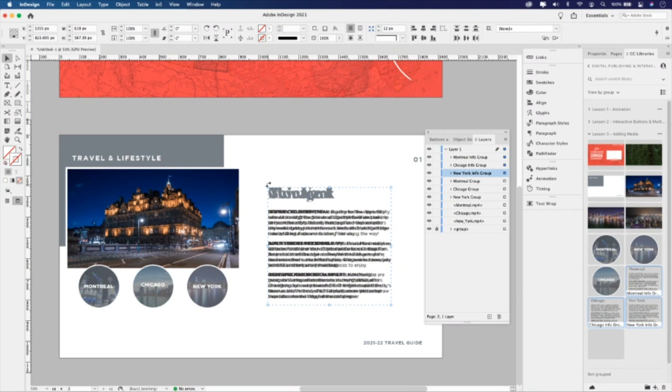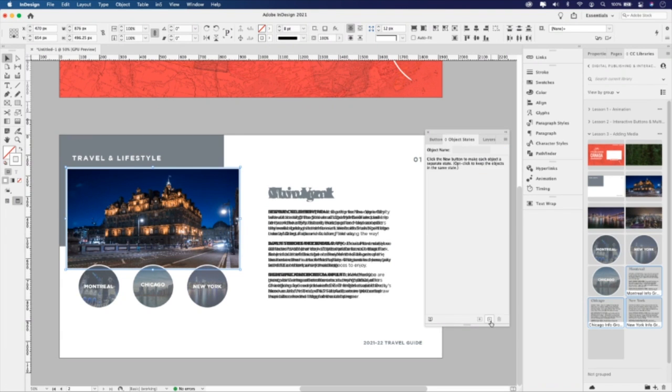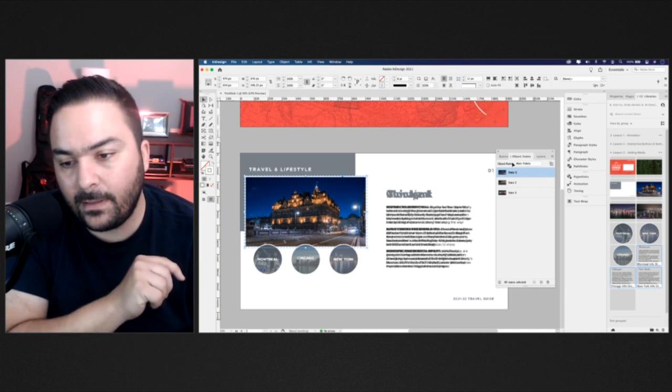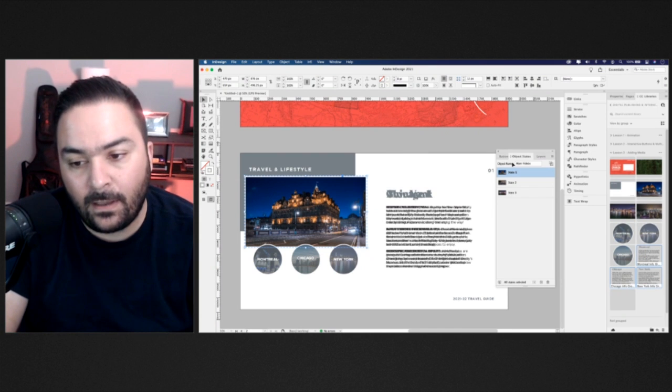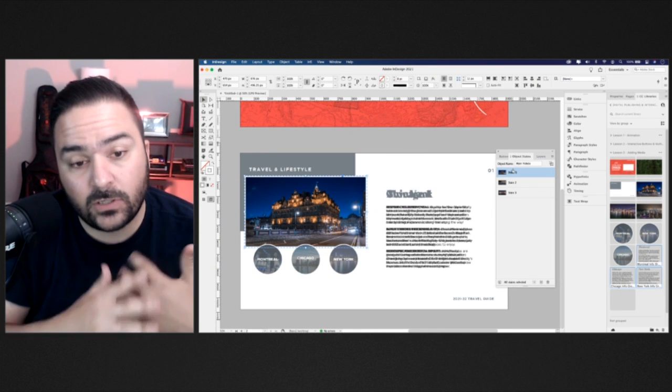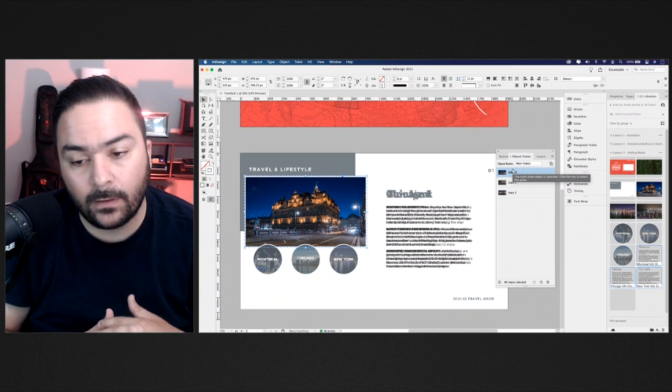So now we can start creating these selections into multi-state objects. Let's start with the videos. I'm going to select them. You can see they're highlighted in my layers panel. Go to object states and convert that selection to a multi-state object. Let's rename that multi-state to main videos. Remember that renaming the object states is very, very important, especially when you're setting up the buttons. That's why it's so important. It takes out any of the confusion.